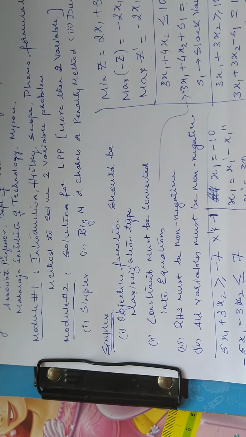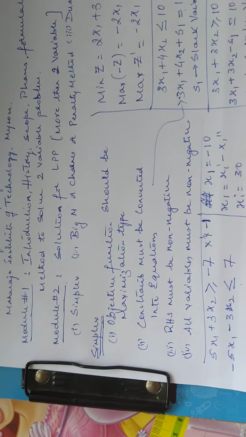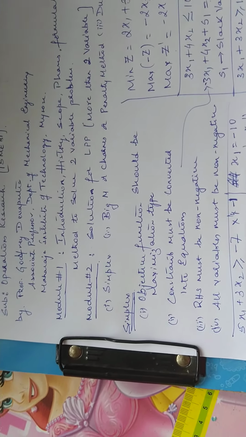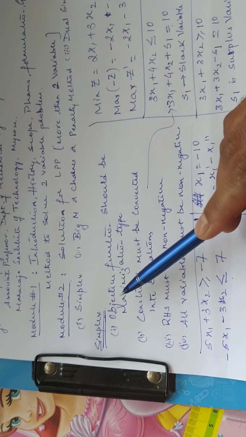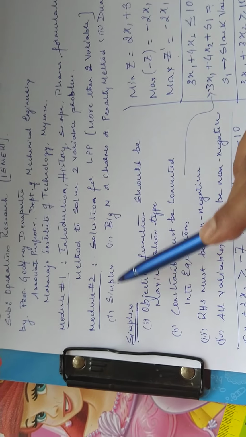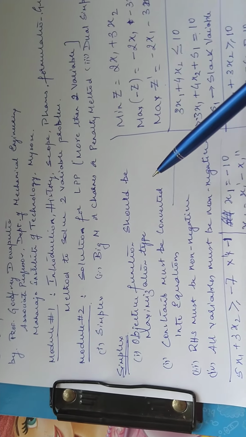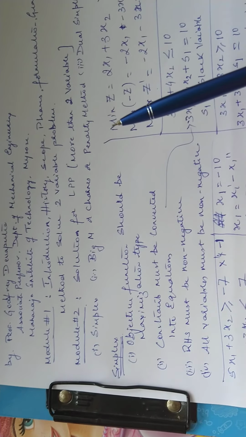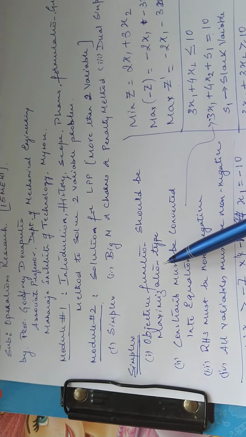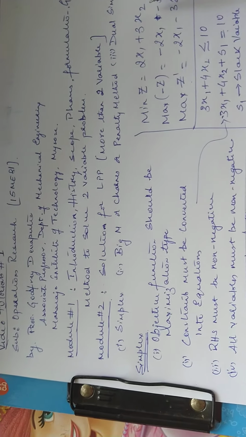In order to solve any kind of LPP which has more than two variables by using the simplex method, there are certain conditions that need to be satisfied. First of which states that the objective function should always be of maximization type. By using all of these three methods, we can only solve those problems wherein the objective function is to maximize. If there is a minimization problem given in the question, we need to convert it into maximization type. I'm going to tell you how it's supposed to be done a bit later on.